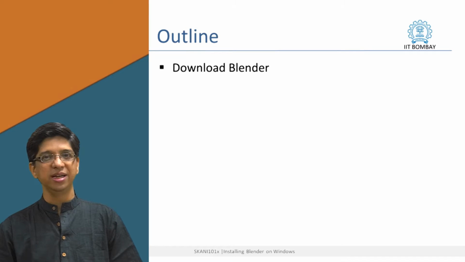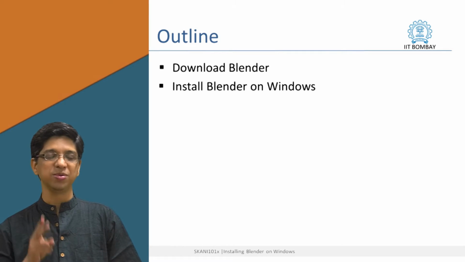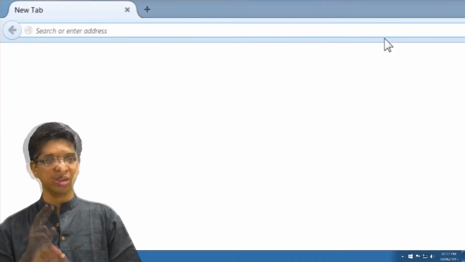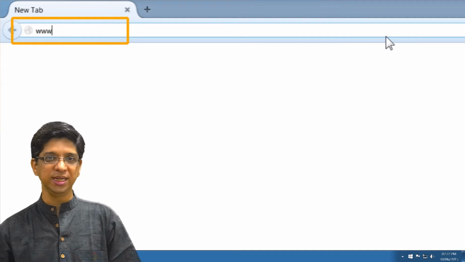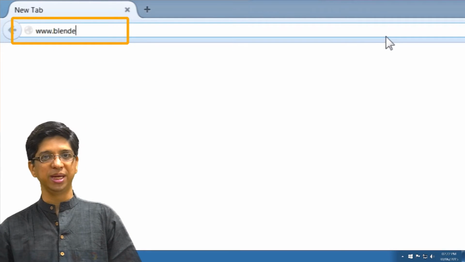So installation on Windows is a fairly standard and easy process, just like any other software you install on Windows. So not much of R&D into it which is required. You need to download Blender and install it in two types of versions. First of all, go to blender.org and you will see a download tab there.